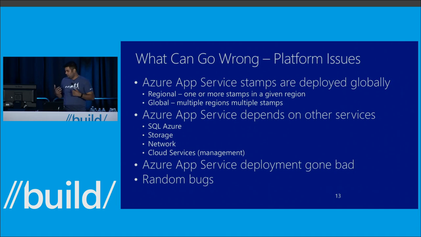So when we built this luxury hotel, it was basically using all the core services. Like we are dependent on SQL Azure. We depend on storage. We depend on network. We depend on cloud services. We're actually the largest cloud service out there on the Microsoft Azure platform, right? So as you can see, any of those components can go wrong or have an issue, and that will impact our service. We do have a bunch of built-in abstraction levels on our system to basically stay aware and try and avoid those issues. But things can go wrong. Plus, we're deployed globally. It can be any stamp or another. There could be random bugs, right? So these are some of the things that could cause the platform issues, and there isn't much you can do,